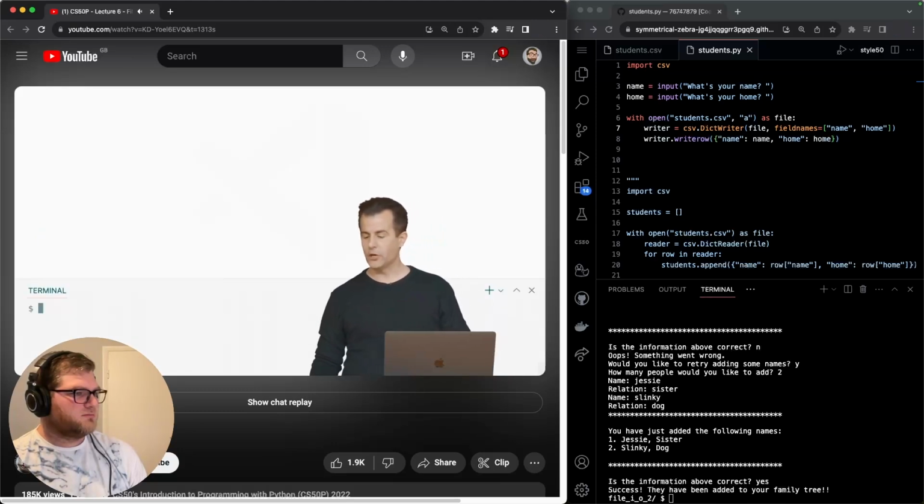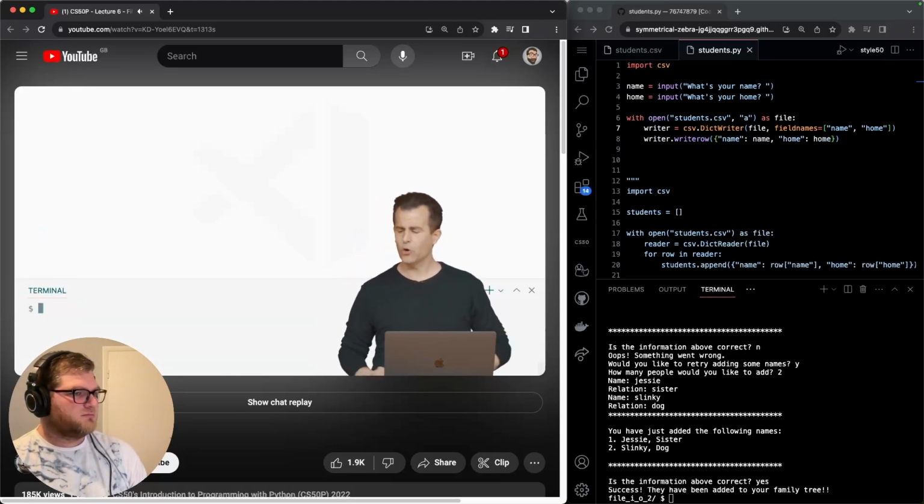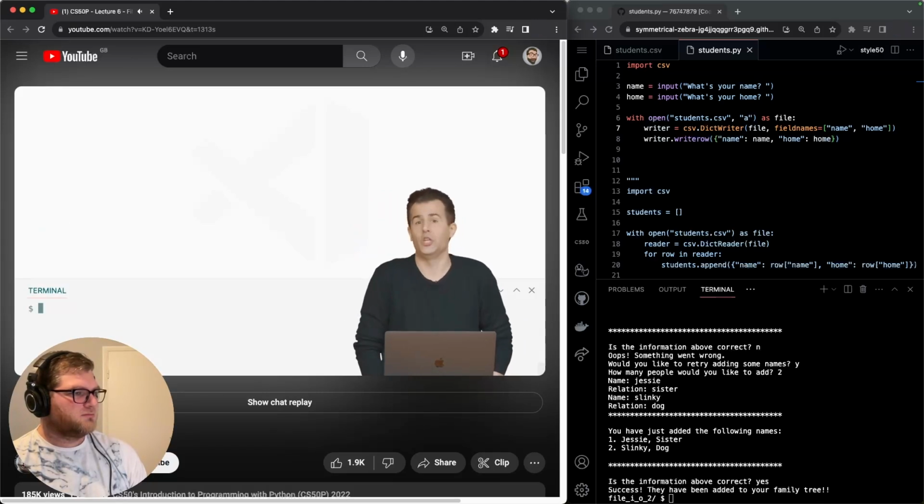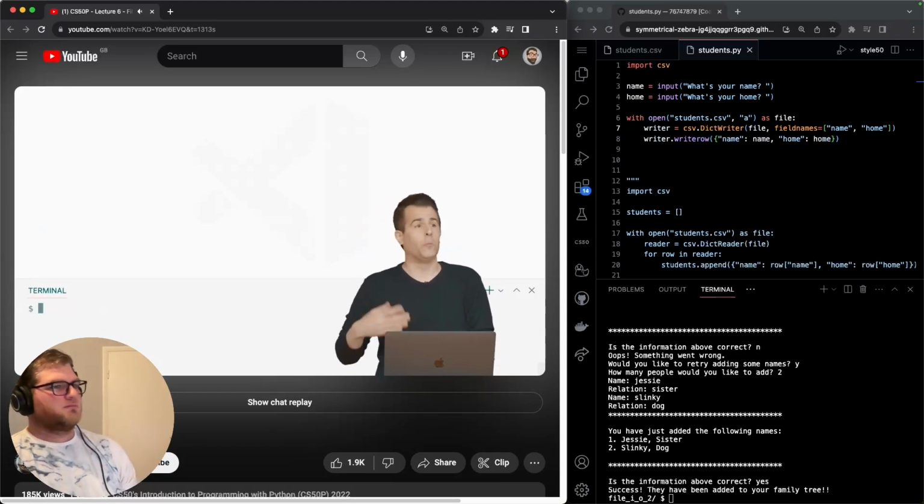So let me propose that we go over here to VS Code and create a program ultimately that creates an animated GIF. These things are everywhere nowadays in the form